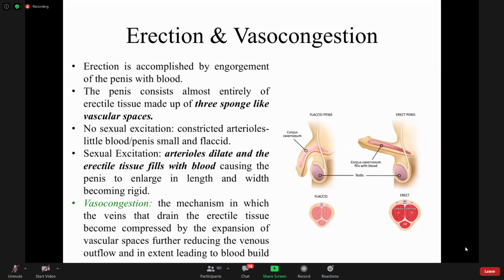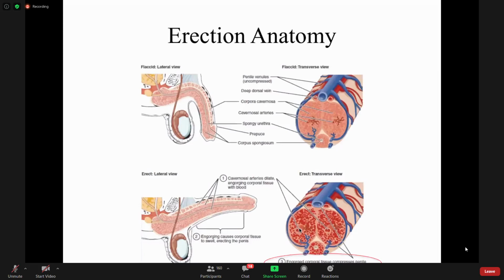During the excitement phase, which is governed by parasympathetic nervous system activation, we have vascular dilation of the arterioles, facilitated by the local release of nitric oxide. As nitric oxide is being released, the arterioles expand, and they're able to deposit much greater amounts of blood in these spongiform